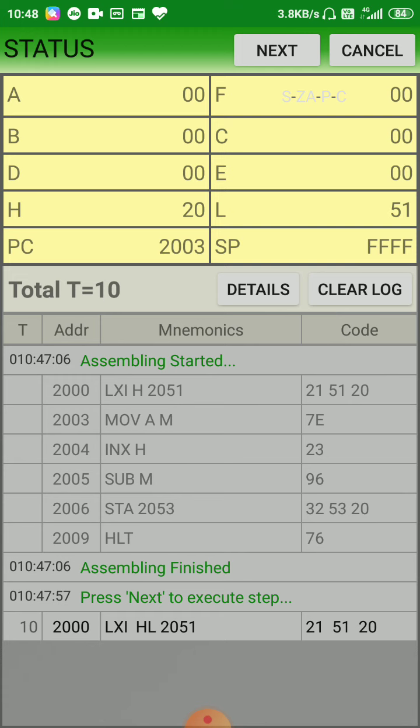This is hex coding. 21 is for LXI, 51 is your lower order memory location. 8-bit taken first, lower order, and after that 20 is your higher order. Your lower order 51 is placed in L and higher is placed in H.